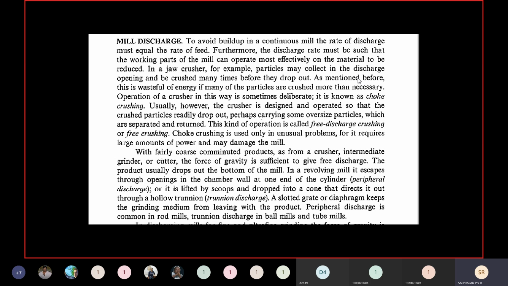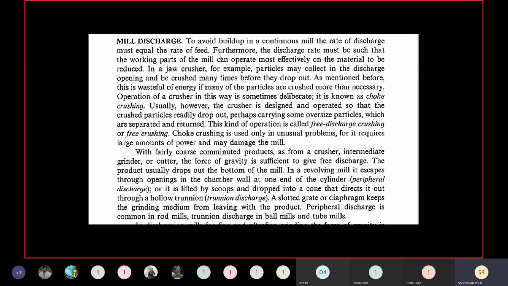Suppose it is a batch process. Of course, the operator will tilt the ball mill, and along with the grinding medium, all the particles will fall on a big screen, and then the grinding medium is replaced back. But in the case of a continuous machine, how are we supposed to do this? Yes, statement: to avoid building up in a continuous mill, the rate of discharge must be equal to the rate